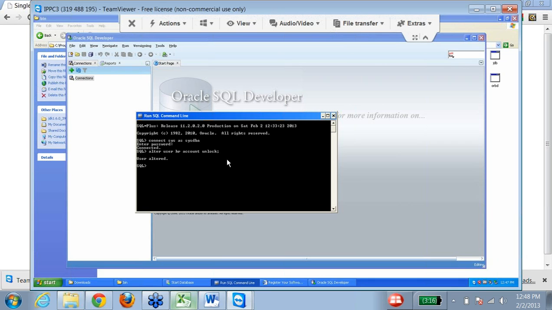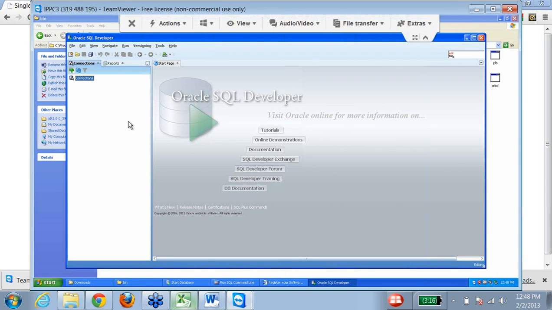Okay, so your account is unlocked. Then you have to type alter user HR identified by whitebox QA. Once you are done with this, you are ready to make a connection.